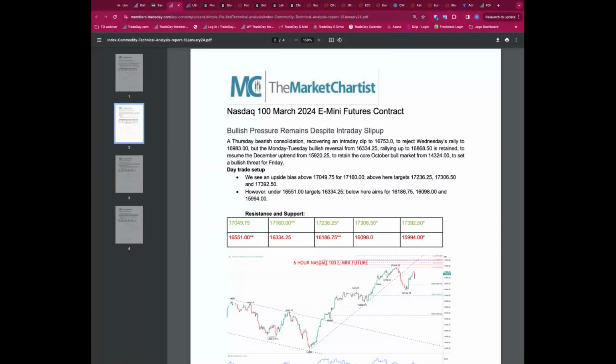I said my two views were: if the number's better than expected and it breaks higher, the CPI data, we spoke about buying the break higher. The other thing we spoke about is if the number's worse than expected, but not too much worse, and that's what we got, it was to buy the dip. Yesterday we saw a notable dip and then a notable rebound for the markets to end up unchanged. So even though we've had this slight dip this morning, I'm still looking to buy that dip coming into today.